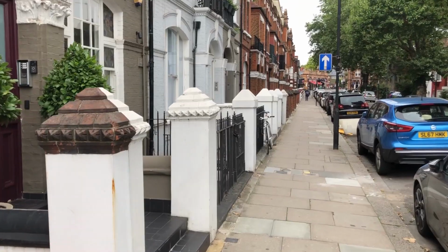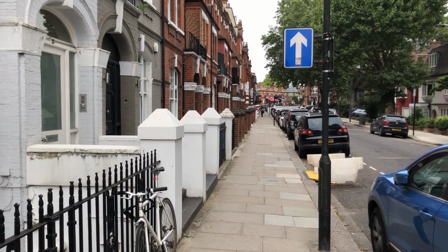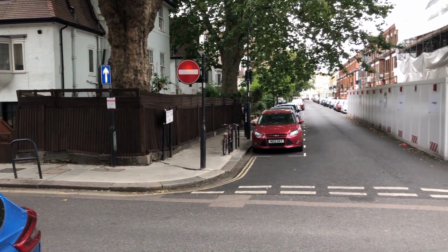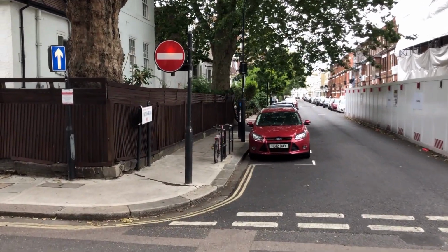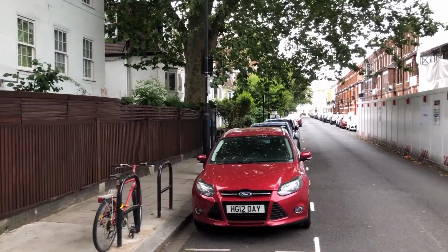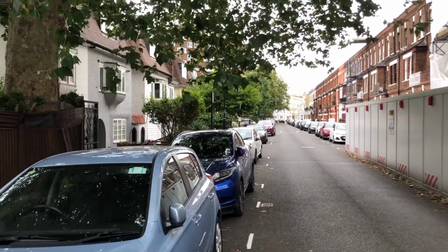Anyhow, I'll now turn the camera around to show you the other way. So just up the road there is Barons Court Station, but we're going to head off down this road, Barton Road, West 14. Apart from this Chelsea tractor coming towards me, it's a very quiet neighbourhood, not much traffic really,